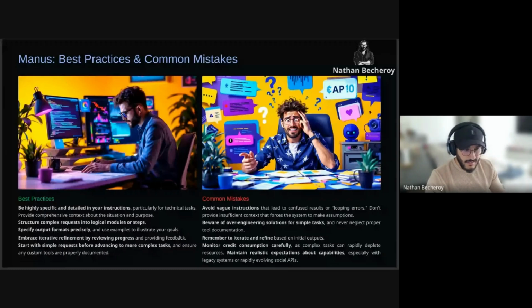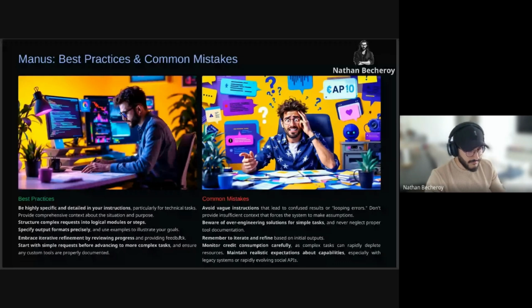And the common mistakes are: avoid vague instructions, and be aware of over-engineering solutions for simple tasks. Sometimes you will consume many credits on a very simple thing that you can do with an open source tool, like what we said for NotebookLM, for example.